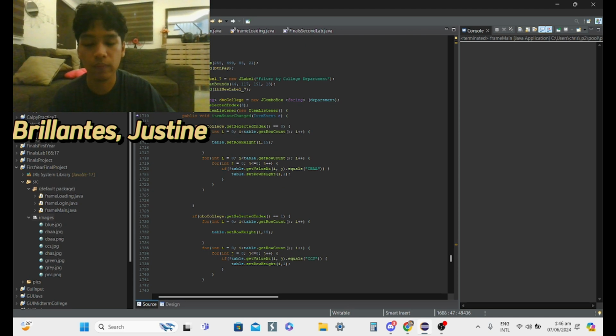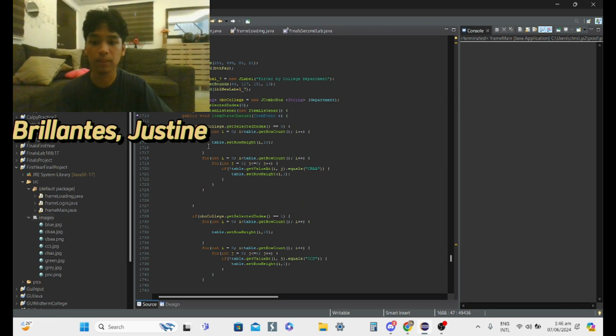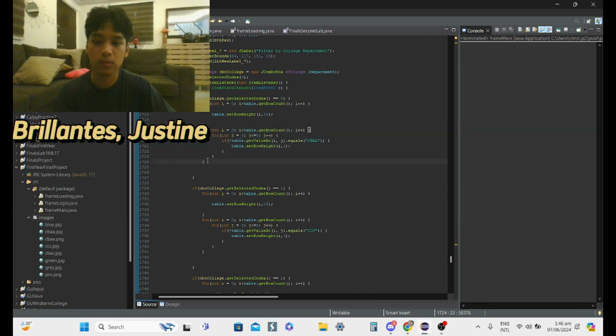Here we have the filter combo box to check students in each department. We have three departments, so I'll only be explaining this one. So let's focus here first. When we select the CBAA department, which is at index 0, we check each row, and we iterate over the first column, because the first column is where the department is stored.